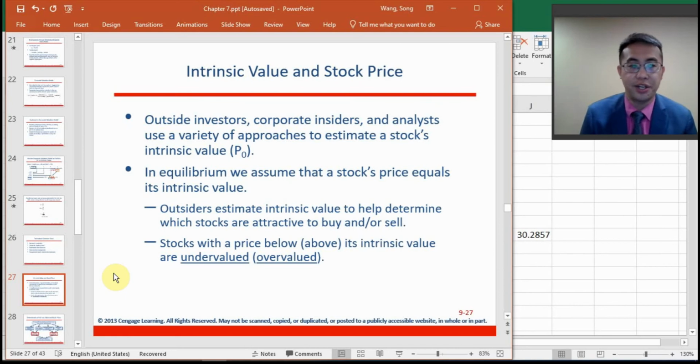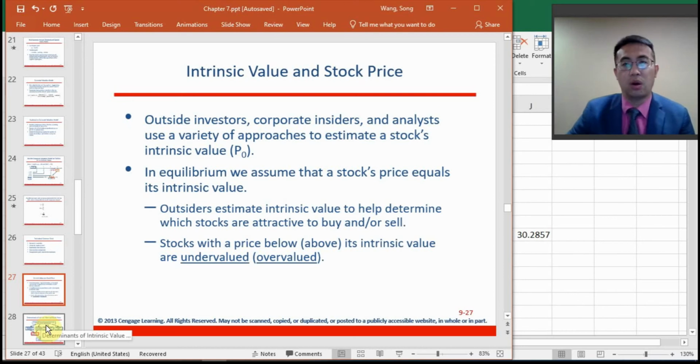However, in reality, the stock price could deviate from the intrinsic value because the investors have different perceptions about the stock market or a particular single stock, and their perception would affect the stock prices to deviate from the true value. And sometimes the stock price could become overvalued, and sometimes it could become undervalued due to irrational or wrong